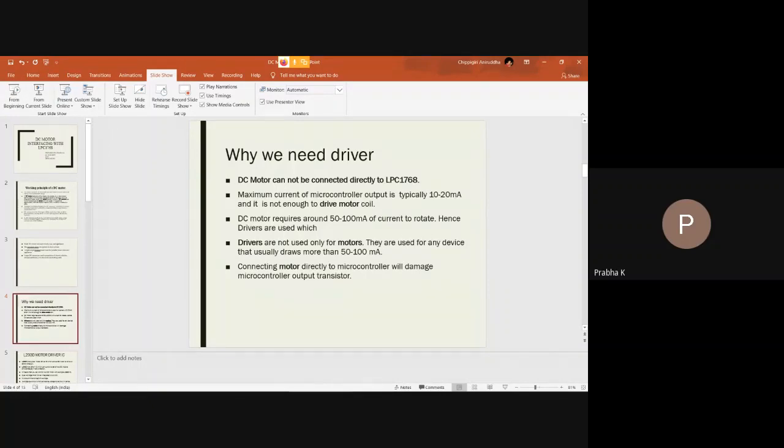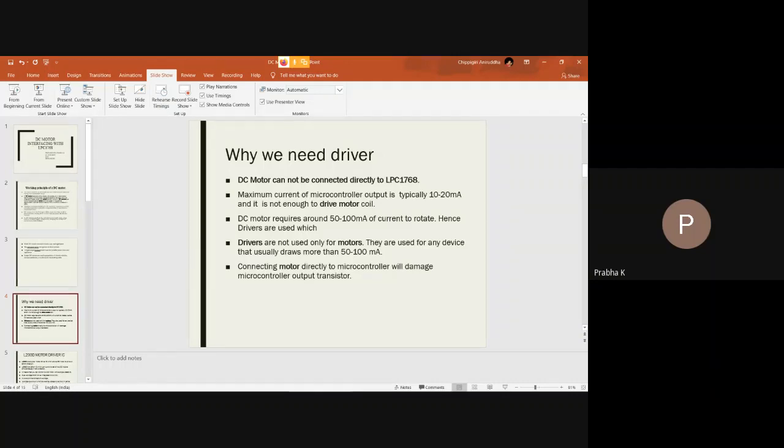So in order to provide the required current rating to the motor coil to make it run, we need to use the driver ICs. Drivers are not used only for motors, but also for any device that usually draws more than 50 to 100 milliamps of current.